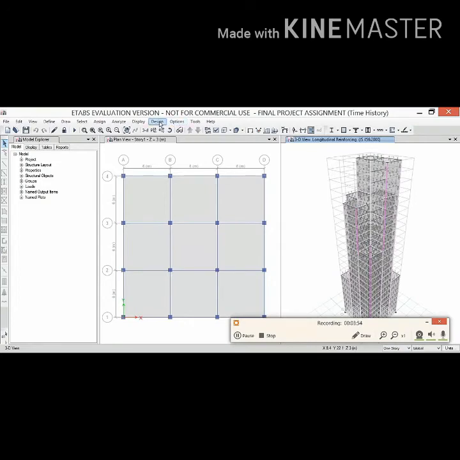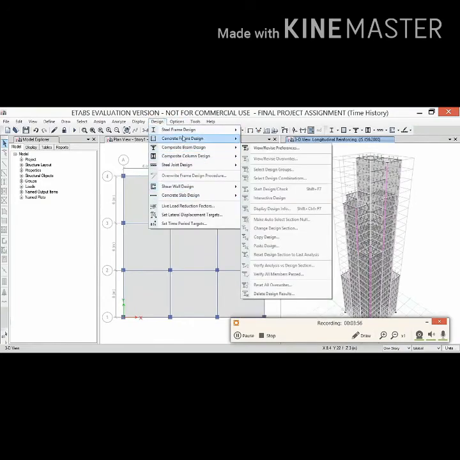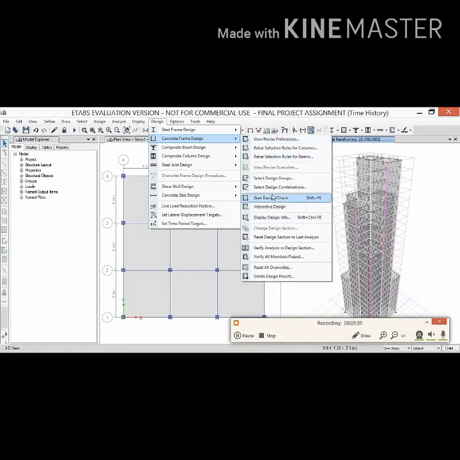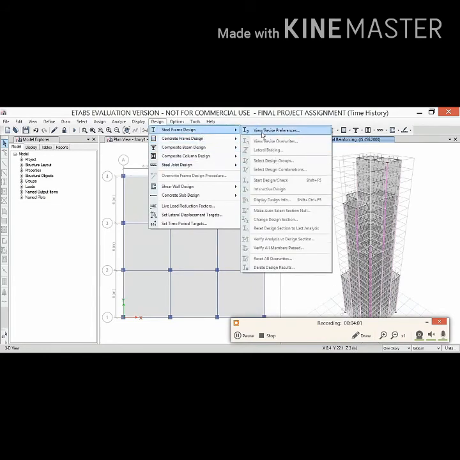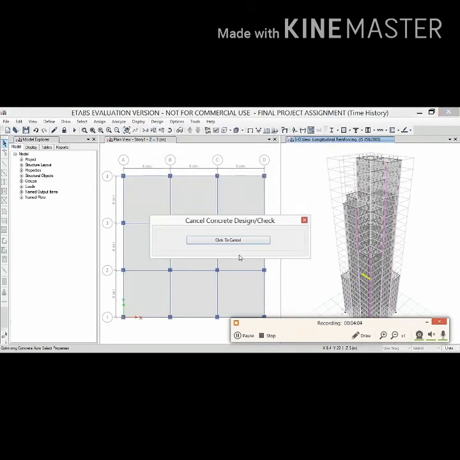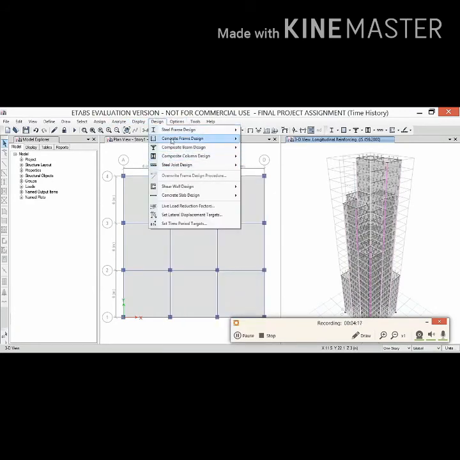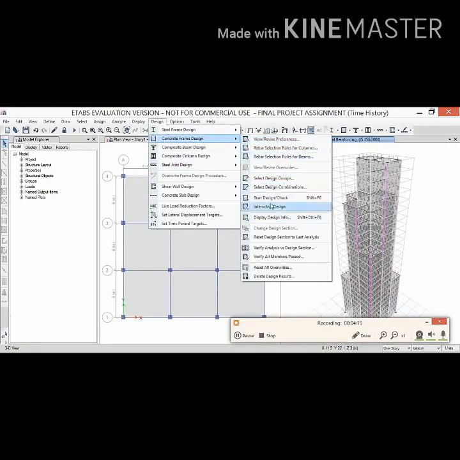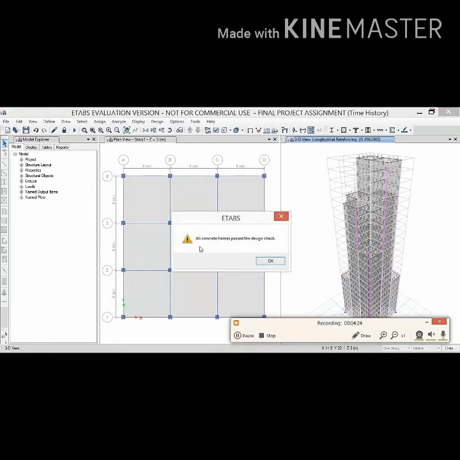Now, after the design is completed, we can verify whether our design has properly passed or not. For that, we can go to concrete frame design, start design check. The design check will be carried out for all the beam sections as well as the column sections. After that, we can see whether all the members passed the design check or not. For that, we can go to the pass option. Here we get a message that the concrete frame passed the design check, that the members have been correctly analyzed and designed